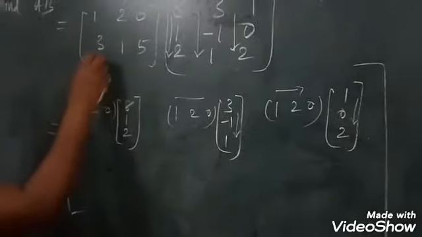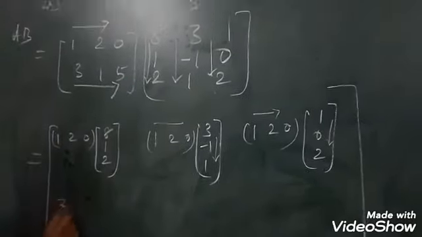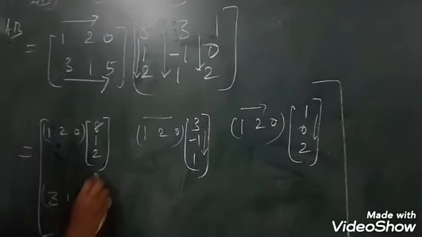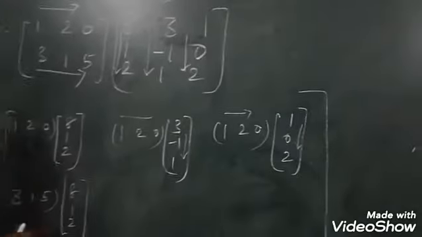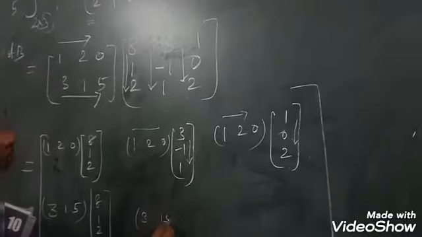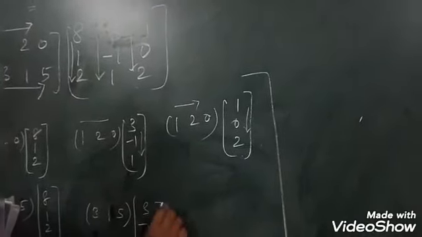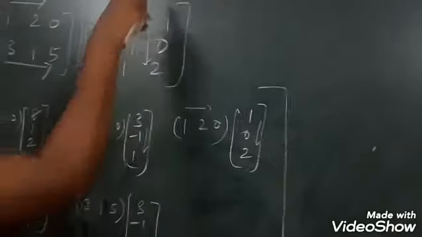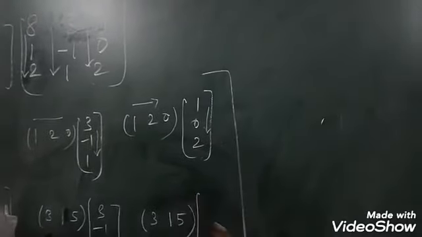Okay, now see the second row first column. Second row, what? 3 1 5. Then first column 8 1 2. Second row first column second element. Second row second column. What is the second row? 3 1 5, second row. Then second column 3 minus 1 1. Okay, then the second row third column. What is the second row? 3 1 5. Then third column is...